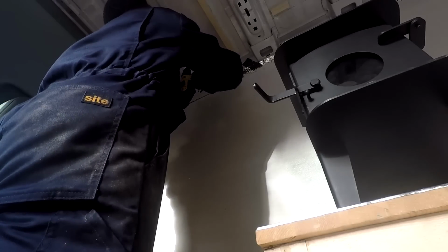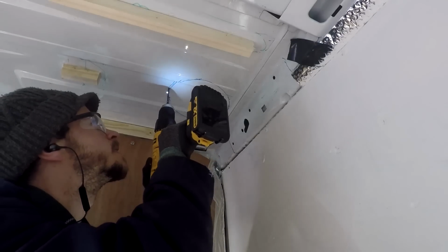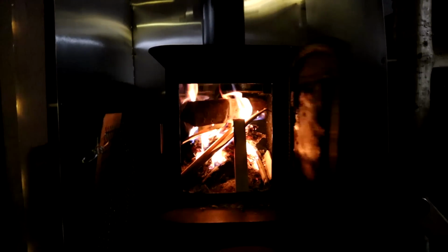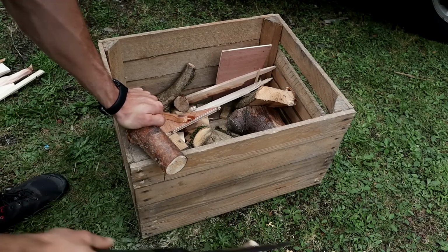Before fitting the roof, I decided to fit a small wood burning stove, which was the part I was most excited and apprehensive about. Now I went for a wood burner as a heat source for the van for a few reasons. Firstly, it's really simple. Fuel is easy to find in an off-grid situation. It doesn't produce any condensation within the van. It gives a nice cozy vibe